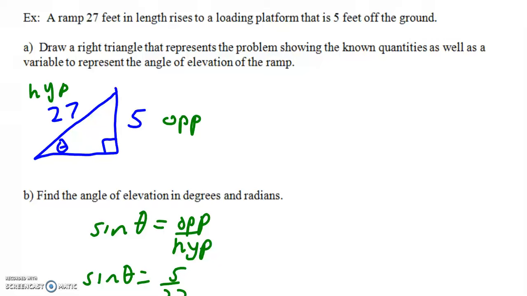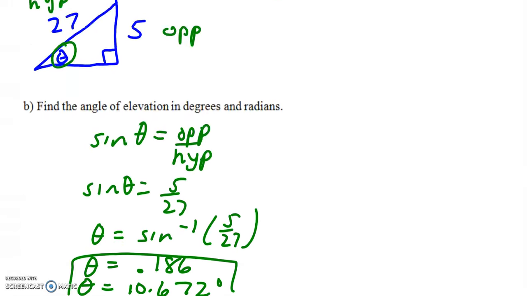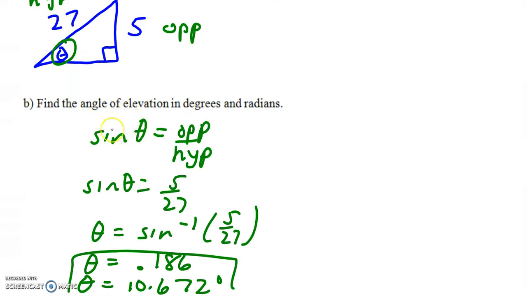All right, guys, so to check back in, when I drew my picture, it said that a ramp was 27 feet. So I said the diagonal was 27 because that's the actual ramp. Its platform is 5 feet above the ground, so I said that was my vertical distance. I noticed that I'm trying to find the angle of elevation, which relates to the ground. When I looked at the angle, I noticed I had opposite and hypotenuse, which led me to find the sine